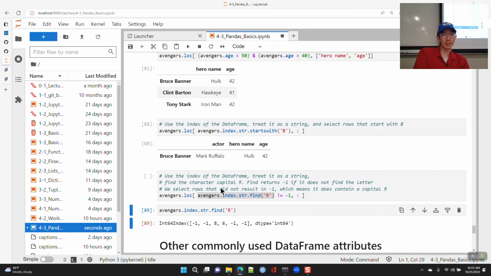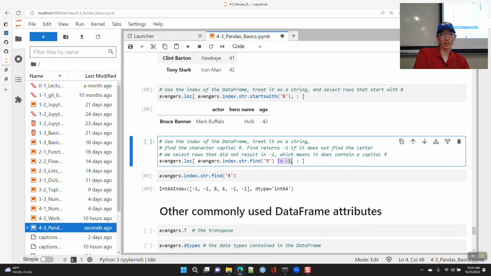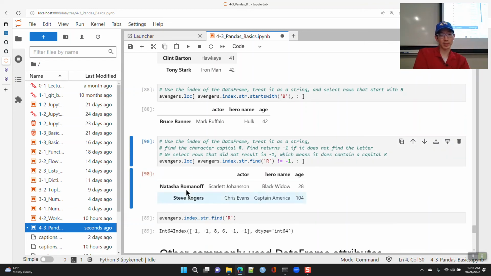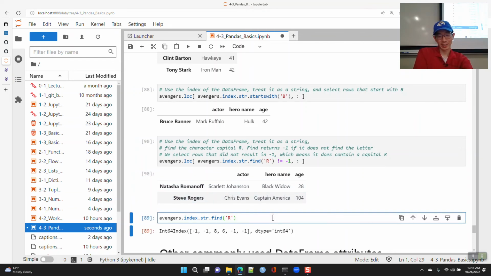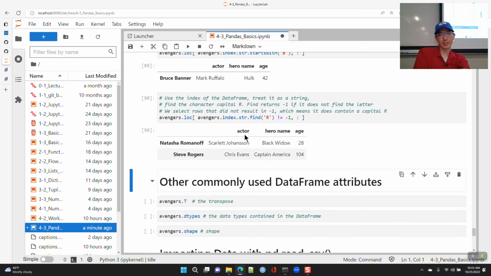So here we have, I think, Steve Rogers and Natasha Romanoff here, and here we're saying we want anything where it's not equal to -1, right? So here will give me characters who have a capital R in their name. Right. So you can make your statements as complicated as you want using the .loc thing to find particular rows.